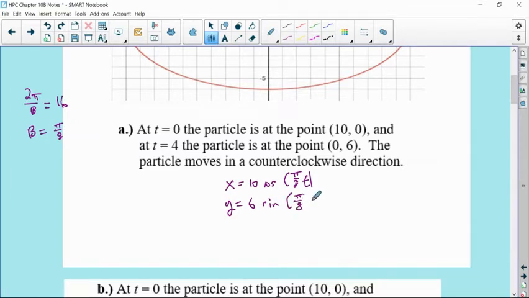And we have one more data point we could check. We could try putting in time equals 4. And at time equals 4, that's giving you pi halves. And cosine of pi halves is 0, so that's good, because we wanted the x value to be 0. And the sine of pi halves is 1. 1 times 6 is 6, and we wanted that y value to be 6. So